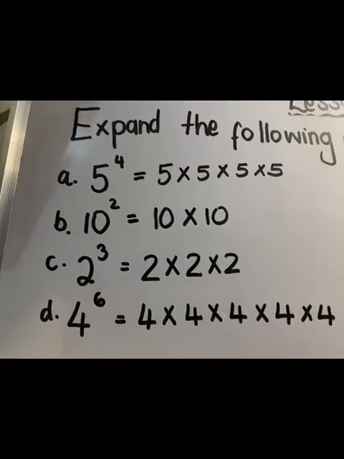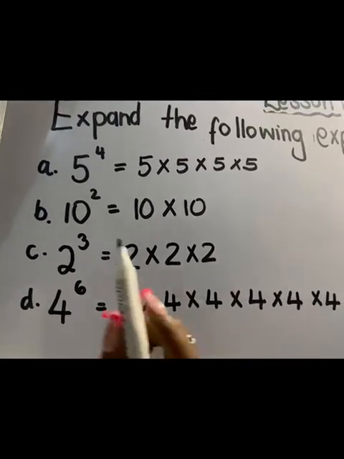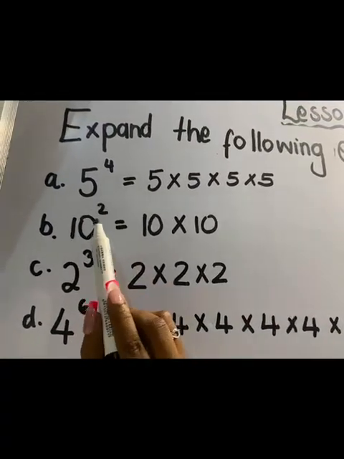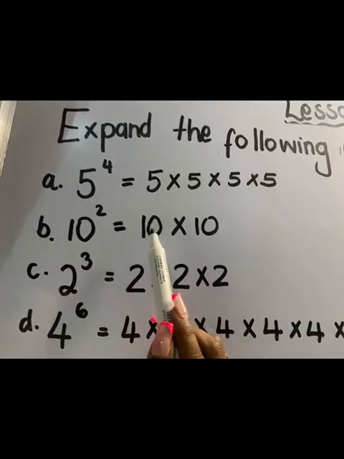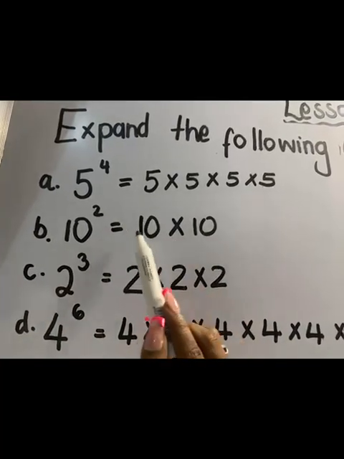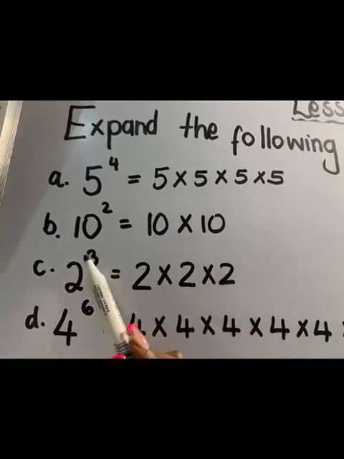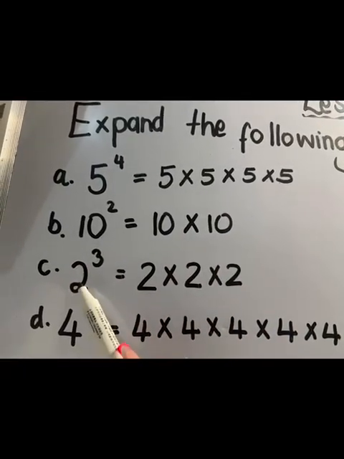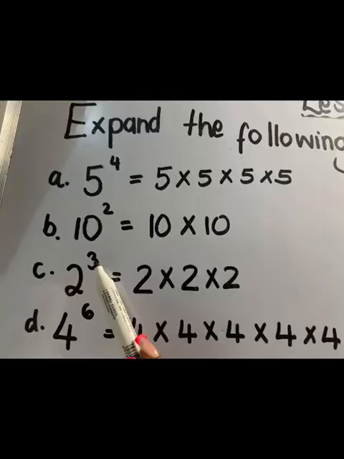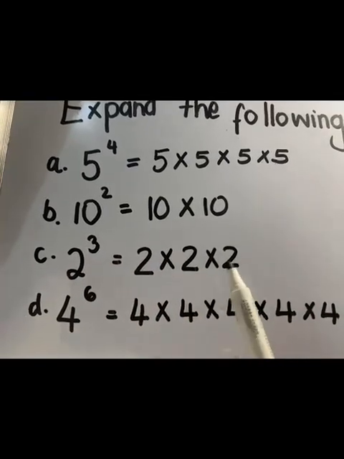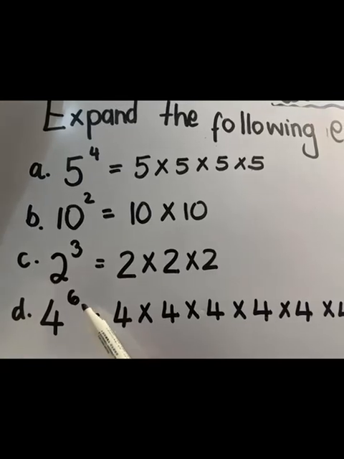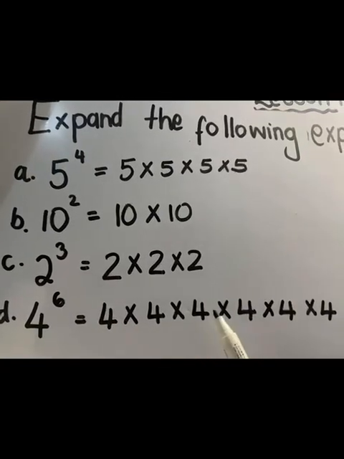Right, so this is how it looks. So we have 10 to the power of 2, meaning the 10 repeats itself 2 times. So we have 1, 2, and now this is in expanded form. The third one, you have 2 to the power of 3, meaning that the 2 repeats itself 3 times. And you have 4 to the power of 6, meaning that the 4 repeats itself